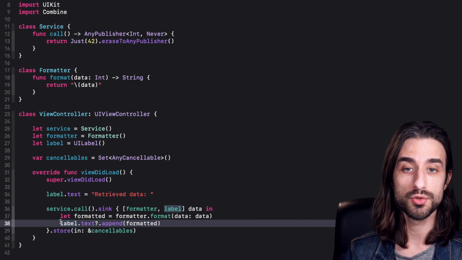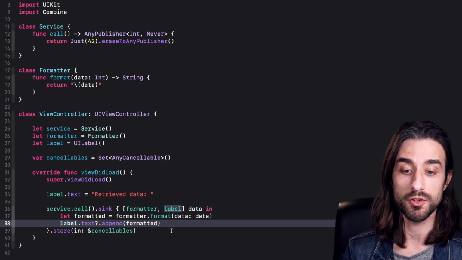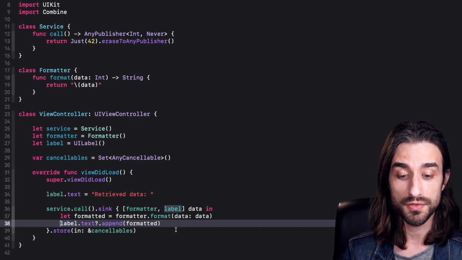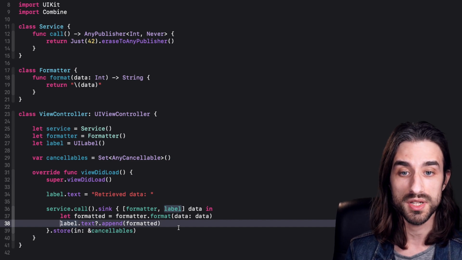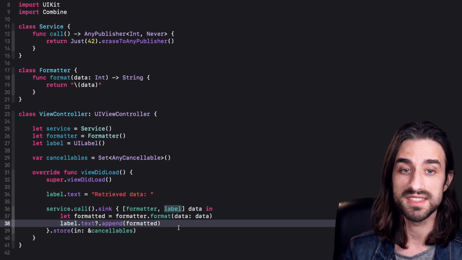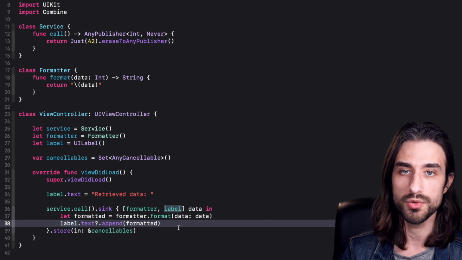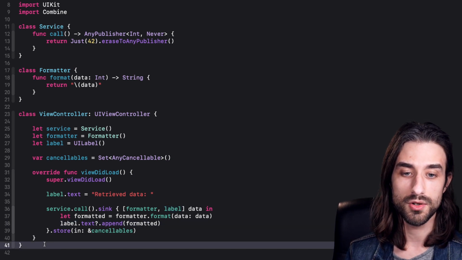And since we haven't used the weak self solution, we also don't have to deal with potential optional values that could be nil. So it's really a best of both worlds, and there are actually a lot of instances where in a closure we are capturing self, but we're not really interested in self, but rather in objects owned by self. So that's all for this new video about how to efficiently deal with weak self in Swift.